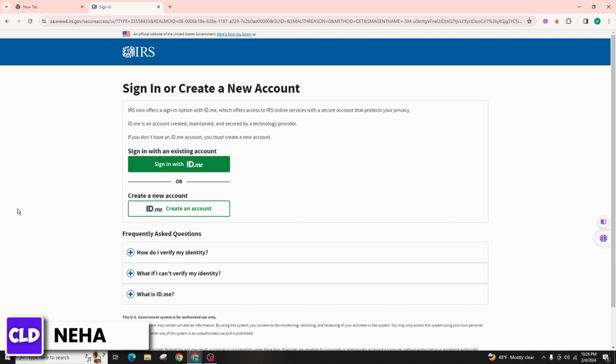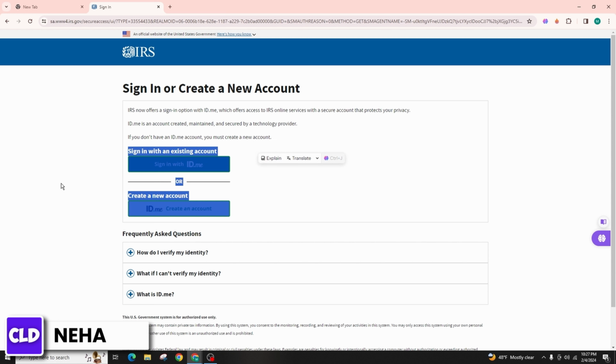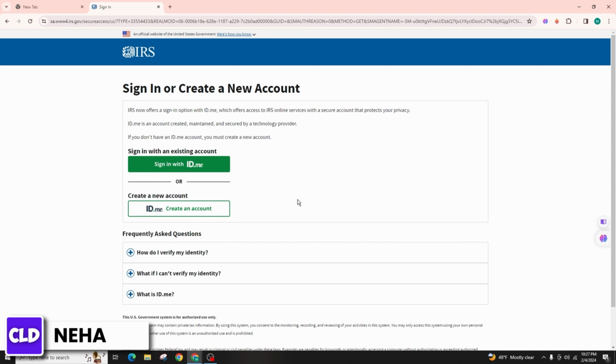IRS now offers a sign-in option with ID.me, which offers access to the IRS online services with a secure account that protects your privacy. So ID.me is an account created, maintained, and secured by a technology provider. So if you don't have an ID.me account, you must create a new account in order to get access with IRS. So if you already have an account, click on sign in with an existing account and click on sign in with ID.me. Or if you do not have an account and you want to create one, simply click on create